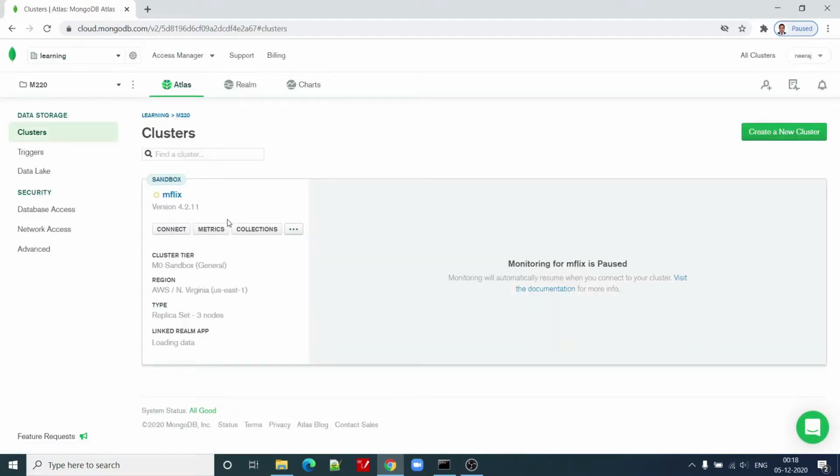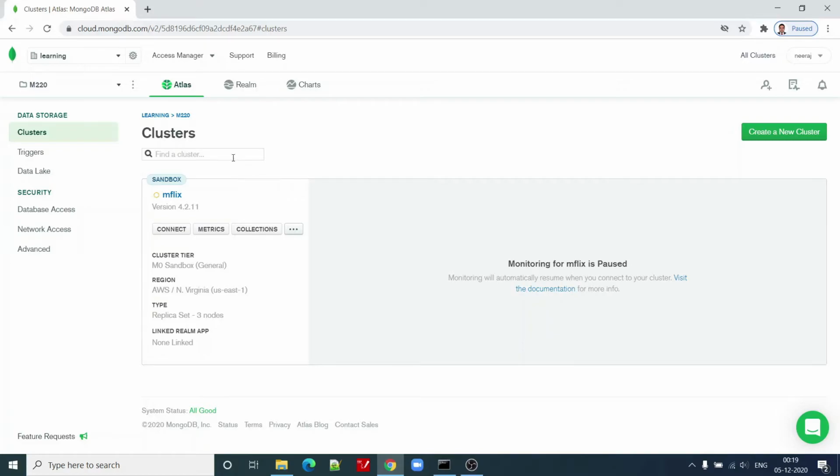Now inside a project we have different clusters. Now what do I mean by cluster? A cluster is basically a set of MongoDB nodes deployed on a certain cloud provider. It could be AWS, it could be Azure, it could be Google Cloud Platform also.